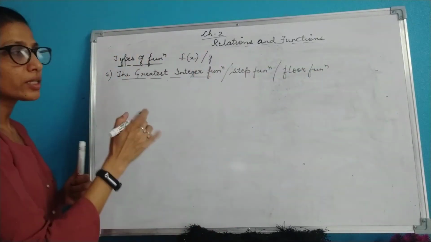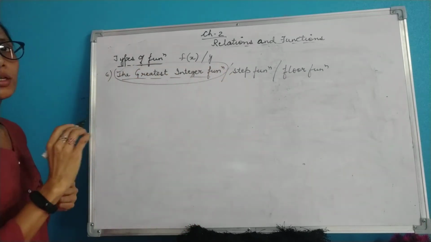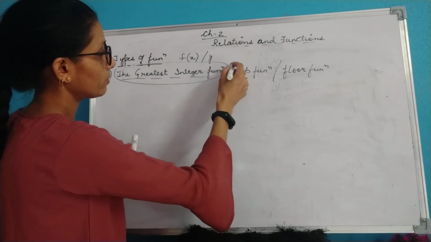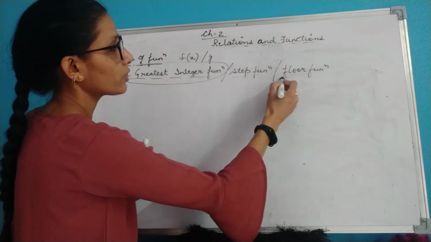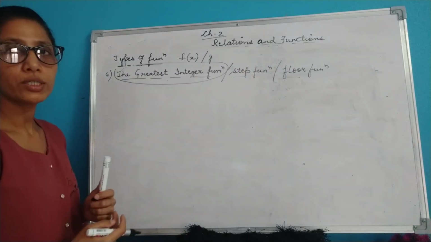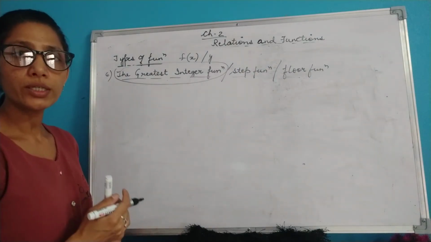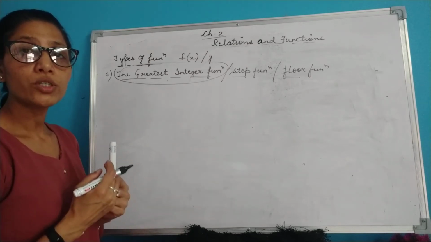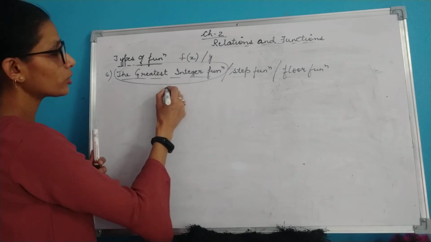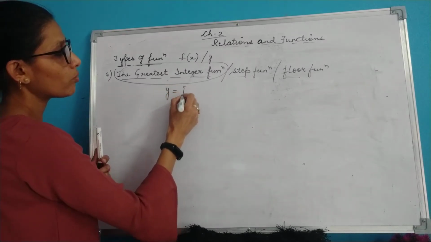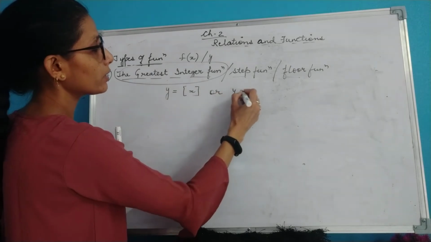Children, in your NCERT, you will be dealing with this word only, but if you check other authors' books, then you can find this word step function, and another word for it is floor function. Now children, whenever we are talking about greatest integer function, we should always write the function in a big bracket. So the function can be defined here as y equal to [x],